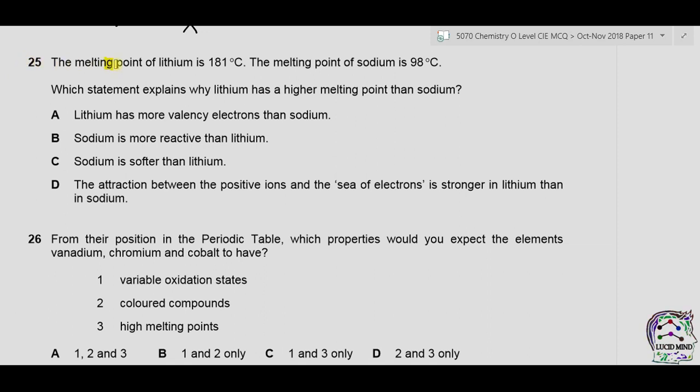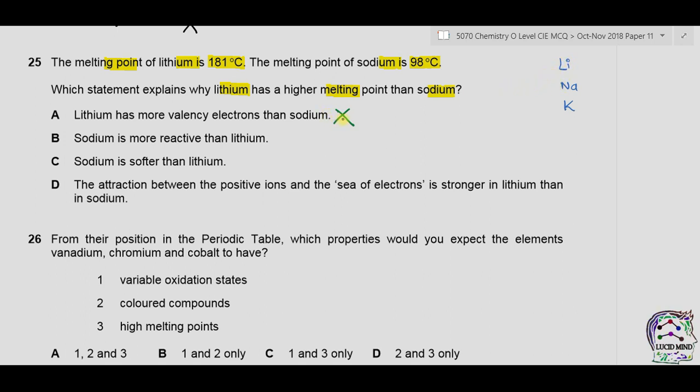Question 25. The melting point of lithium is 181 degrees centigrade. The melting point of sodium is 98 degrees centigrade. Which statement explains why lithium has a higher melting point than sodium? Lithium is above sodium in group 1. We have lithium, then sodium, then potassium. A. Lithium has more valence electrons than sodium. This is incorrect because both lithium and sodium have 1 valence electron, as both are present in group 1 of